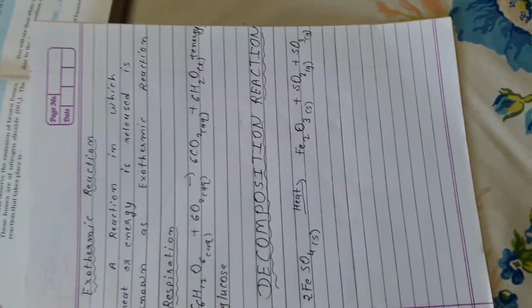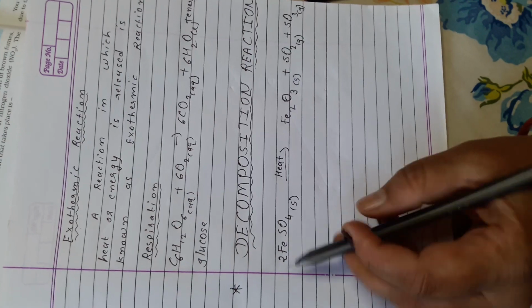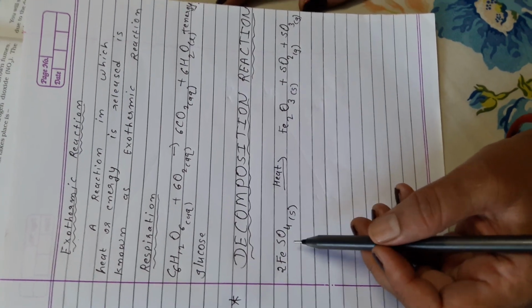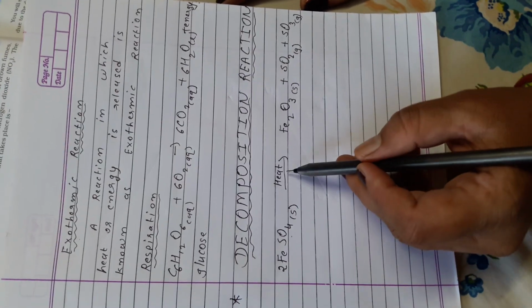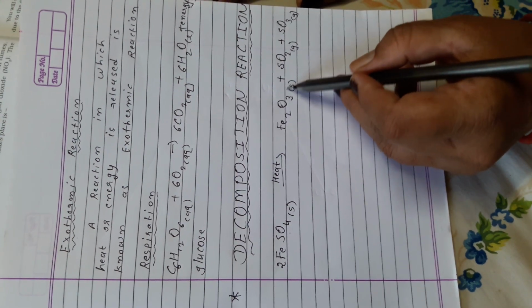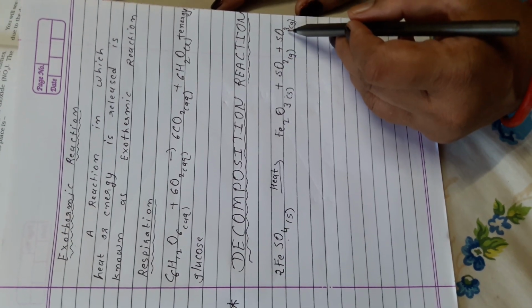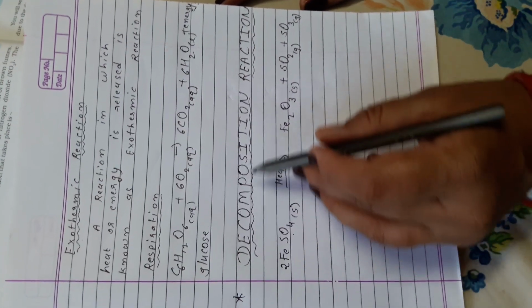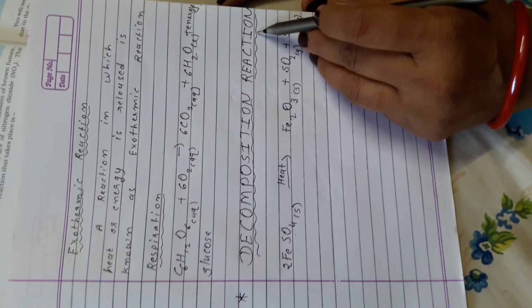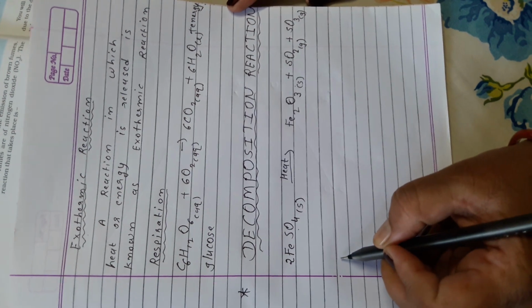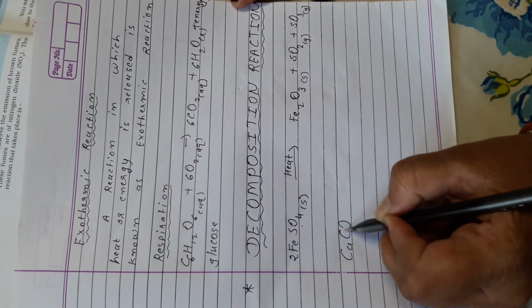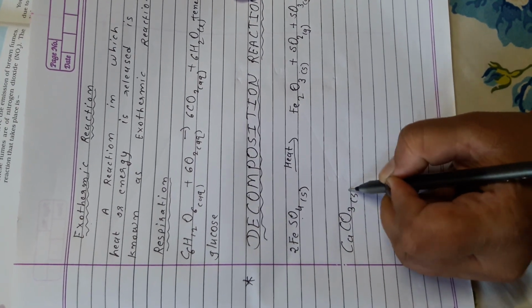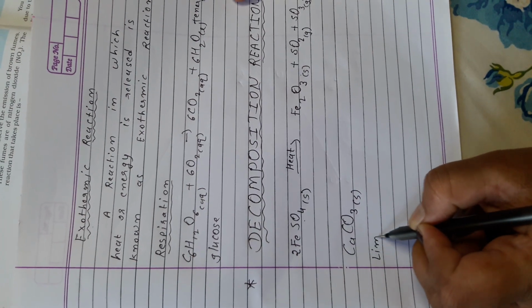So now what is a decomposition reaction? In a reaction, a compound splits into two or more substances. This reaction is called a decomposition reaction. Another example: calcium carbonate, which is known as limestone,